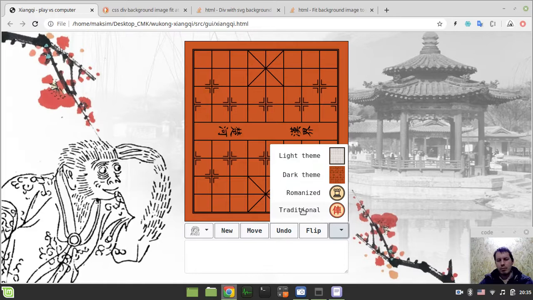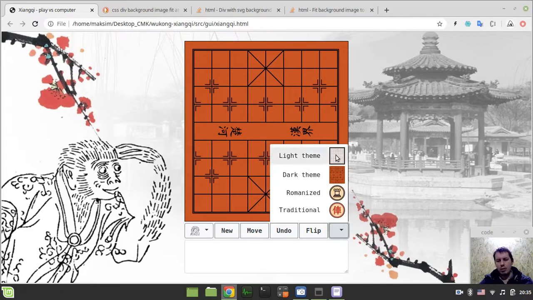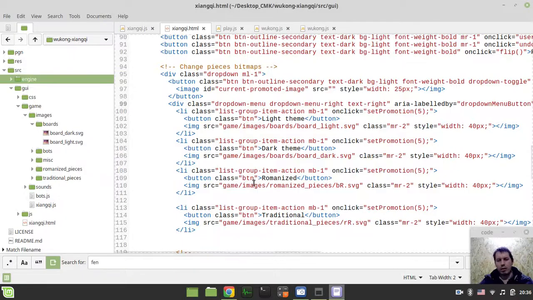Okay, so we got our themes. Well, hold on a sec, I still can't click here and here. Well, these guys are just the buttons. That's the reason why the cursor has changed. But the on-click event is within the list. So for these guys, we have light theme and dark theme. We can use set theme, and well, I think that we can even use the entire source to set just